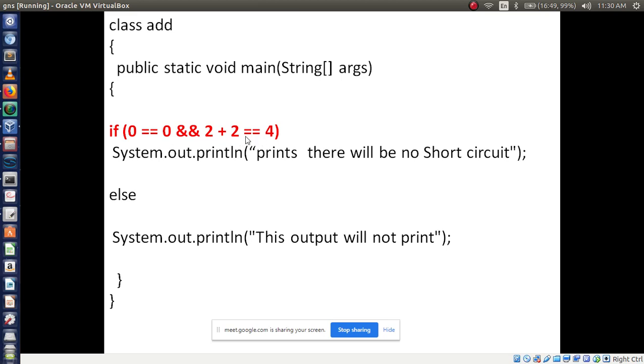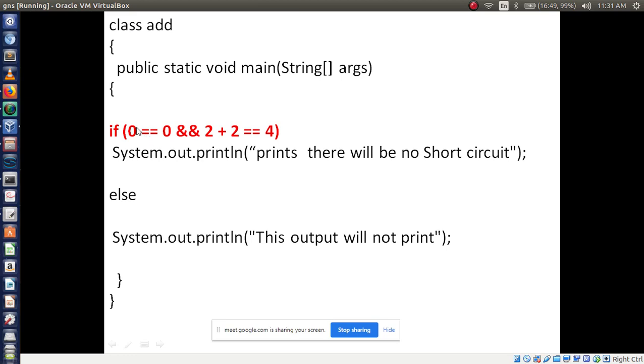So in this case, which line will print, first line or second line? The first line will execute because the condition is true. There will be no short circuit because both operands are true, so it will print the true statement.